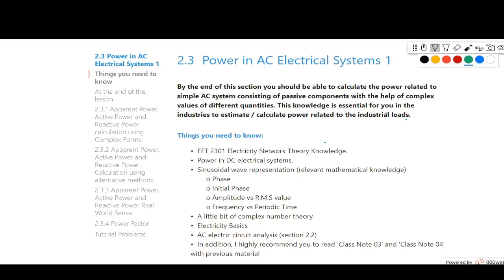For instance, if you're going to size a conductor, in such situations you would need to know the apparent power of the load which you are going to wire through the conductor you are going to use. And let's say you have a load and you have a generator, and if you're going to wire this load and generator, you need to know the current capacity of the wire. So in such situations you need to take into account the apparent power of the system, in order to calculate